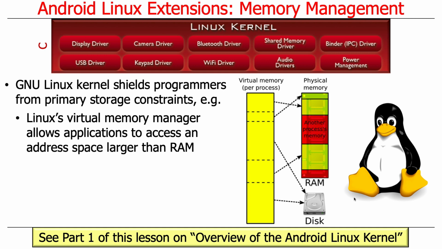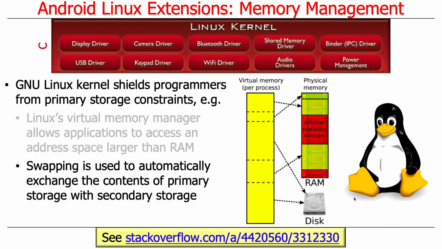So you can basically pull things in from flash into memory and thereby give people the illusion that they can write applications that are actually bigger than the amount of RAM. Now, it's kind of unlikely you do this a whole lot, because that would be a rather big application to